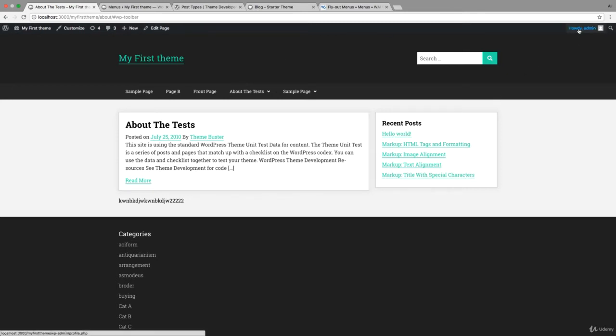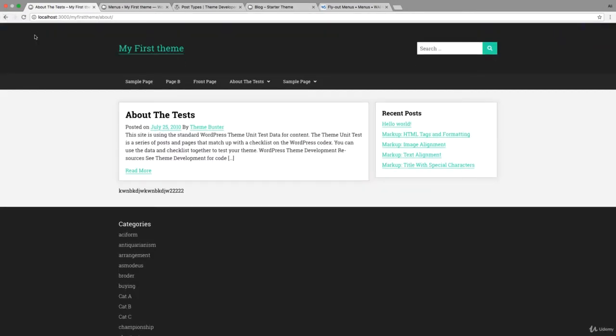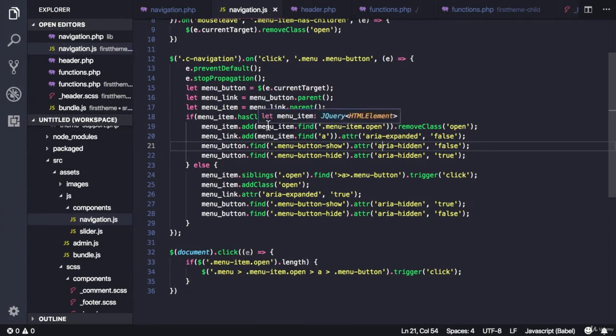I'm gonna log out here because I don't need this admin bar. Imagine now you're navigating using the keyboard. So the first thing you will focus on is the site title, and then the search, and then the search button, and then all these links. So this might be a lot of navigation to do before getting to the main content. So we need to figure out a way to skip to the main content directly without having to go through all of these links. So let's go to header.php,